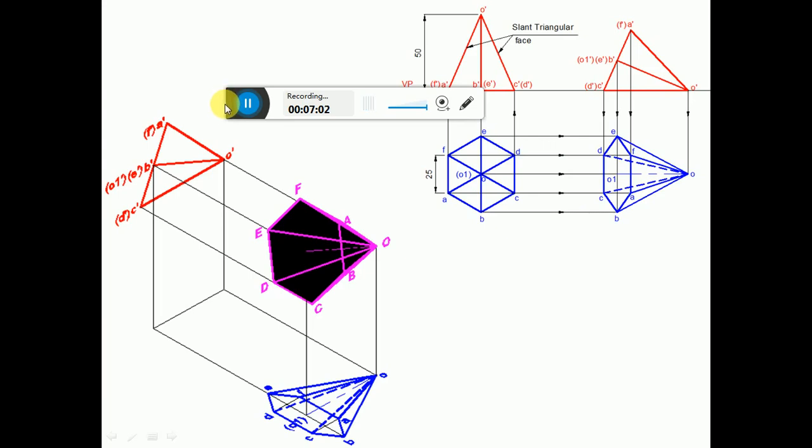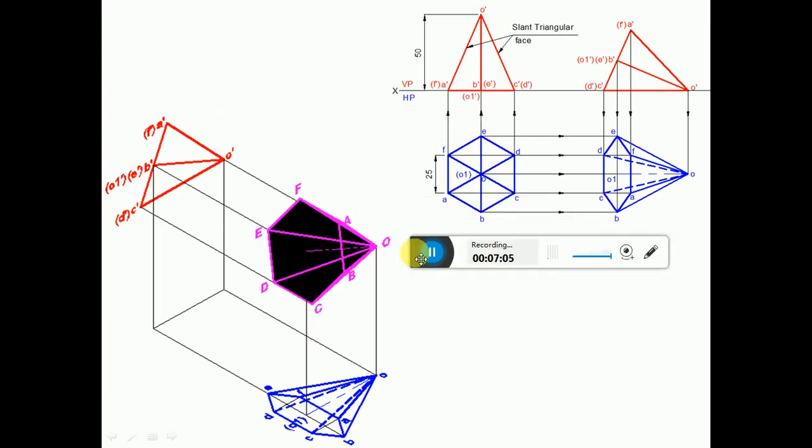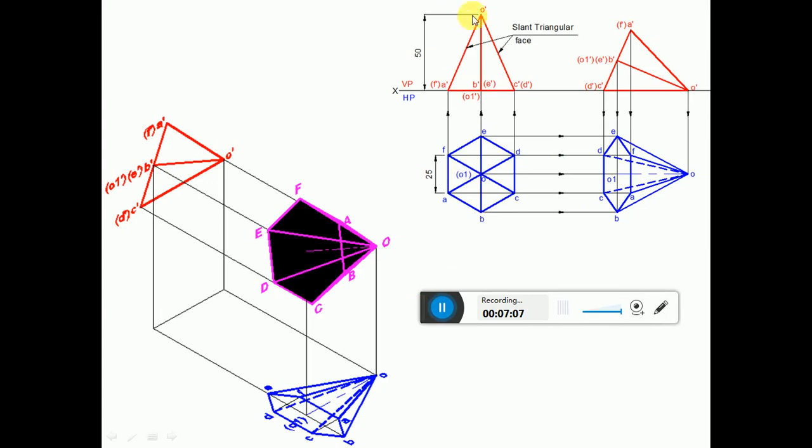Now we have considered O dash, C dash, D dash on the XY line. So we are resting, so it has to be rotated in clockwise direction. So by using the compass, measure the distance from C dash to O dash, consider any point on the XY line and cut an arc on the XY line, and you mark the other end point of that line as O dash. And then measure the distance from C dash to A dash.